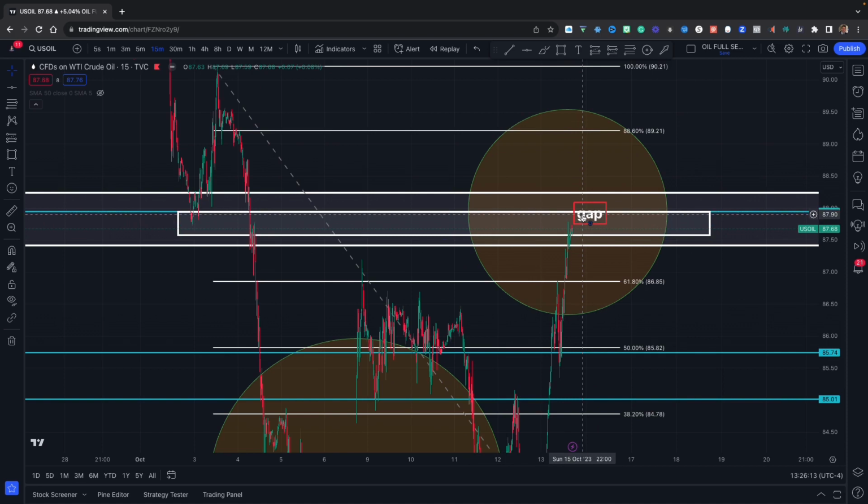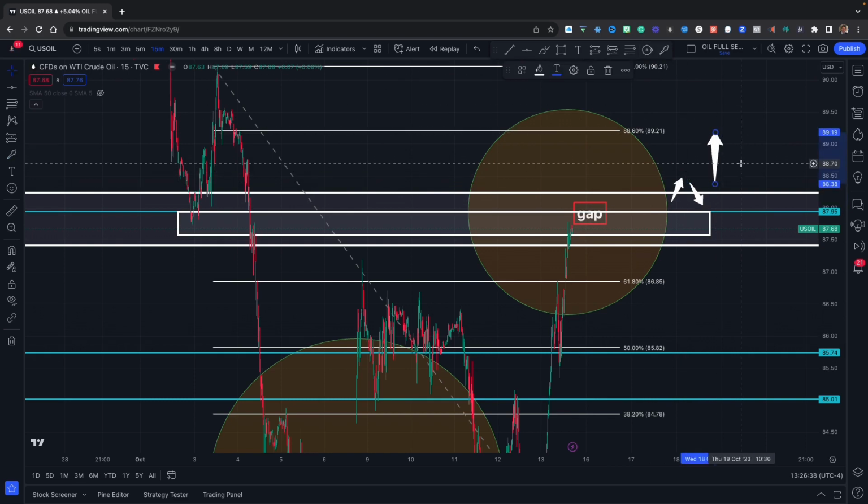If we clear this 87, 90 area, maybe the psychological number of 88, we talk about the zeros and the 5 zeros, how they're very well respected with crude oil. Then again, we have to assume that we are going to have this type of situation happening, coming back to the area, and then just going to our next level, which would be right around that